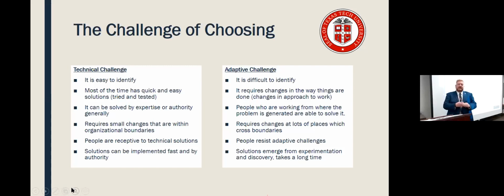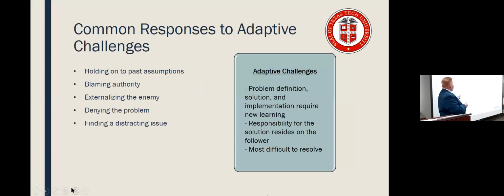So I mentioned earlier that adaptive leadership is a great tool, but it's not one typically that you're going to get fast results. It will take some time. But I think that when you use the behaviors that are associated with it, when we go over and talk about those, I think that you'll see that there are some things to do and things to consider.